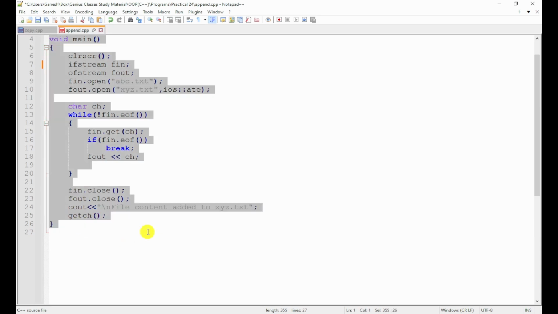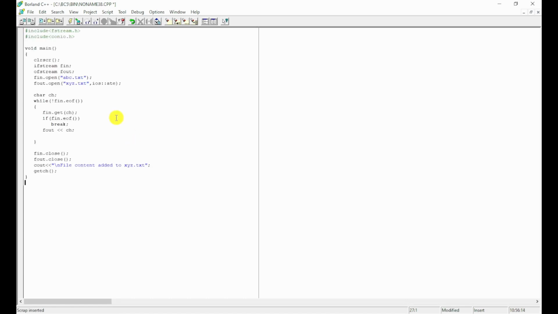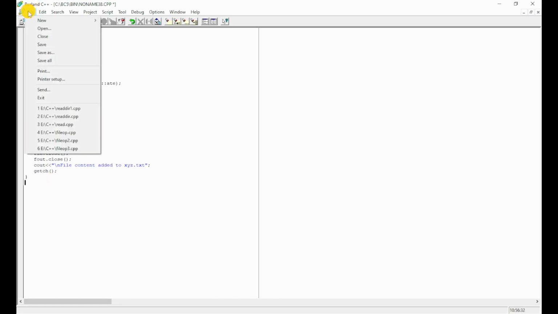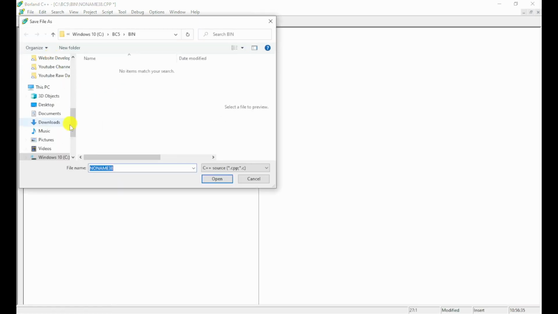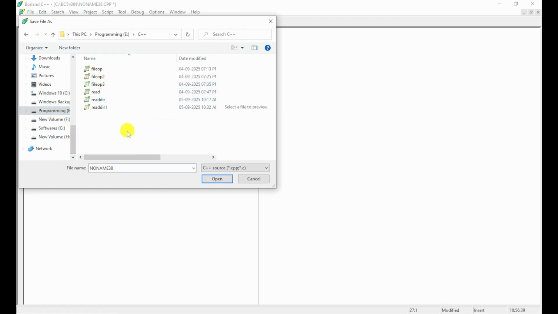So selecting entire code, copying the code, going to compiler and pasting the code here. Then I have to save this file where my abc.txt is present, because I need input file for this program. I need an input file to read the content. So that's why I have to save this file where my abc.txt is present. So I am going to file, save as, then going to my folder where we have saved our abc.txt in the previous practical. So I am just naming it